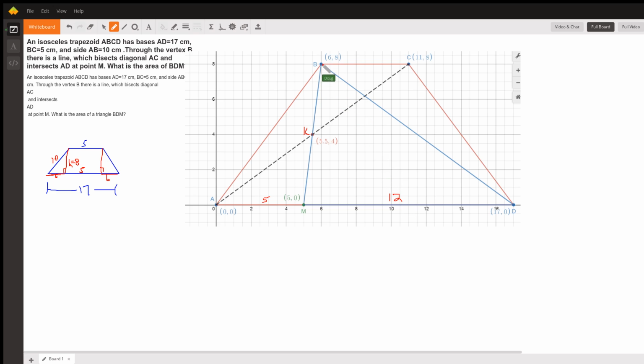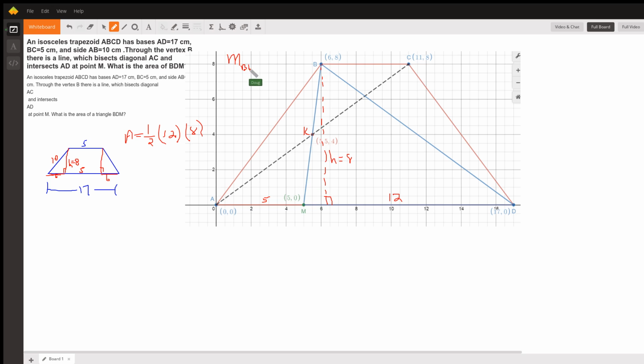And we know the height of this triangle is 8. So triangle BDM has a base of 12 and a height of 8. So the area of that triangle is 1/2 the base times the height, or 48 square units, or square centimeters. They give us that. So to get the equation of line BK, we first calculate the slope